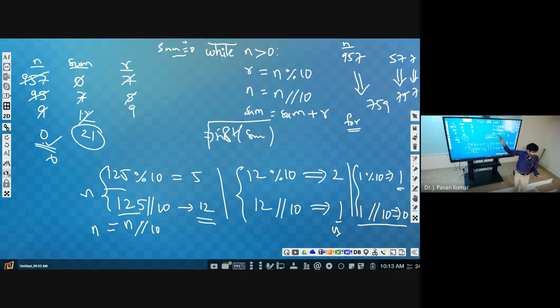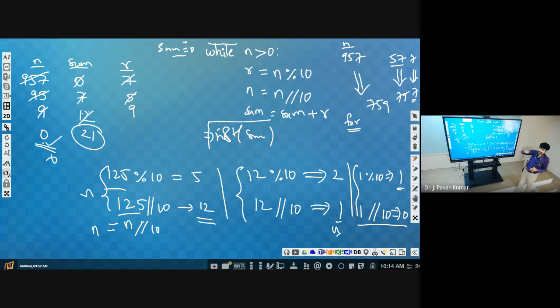If you perform mod, then we will get the last digit. So if you have only one digit like 7, then that will be the reverse. Afterwards, whenever we divide with 10, then we will get 0, then we can stop. Understand? So till this point it is clear.